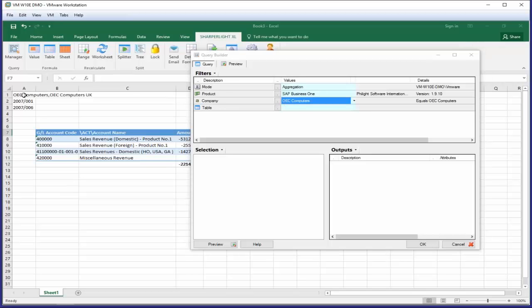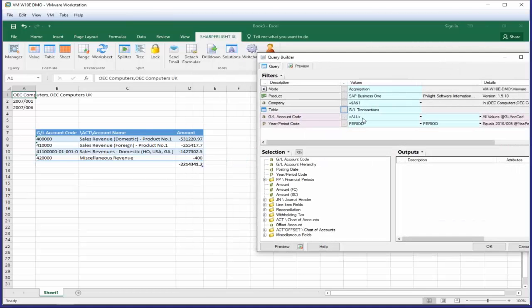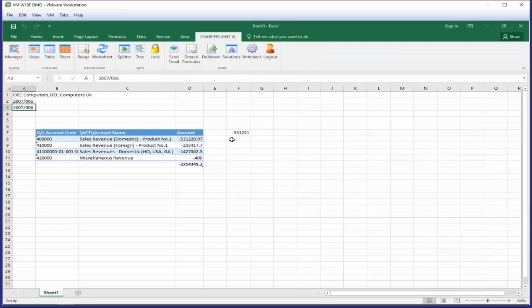It's a similar sort of formula, and it's exactly the same query builder interface, but with this one, I'm going to link it to the account code on the row. I'm going to use the same period as what I used before, and I'm just going to output the amount. I've got one row out, but that's all right. So pretty much that formula there is using the account number in the top row to return the balance of